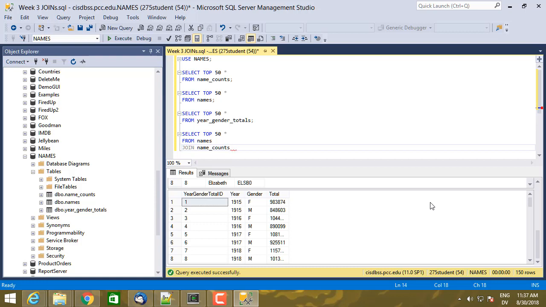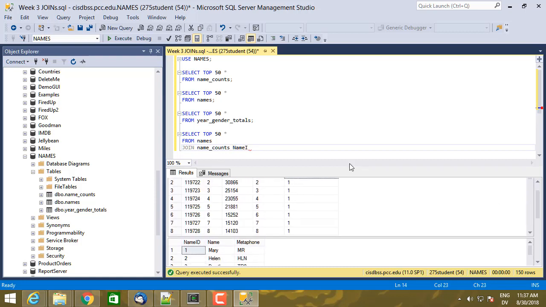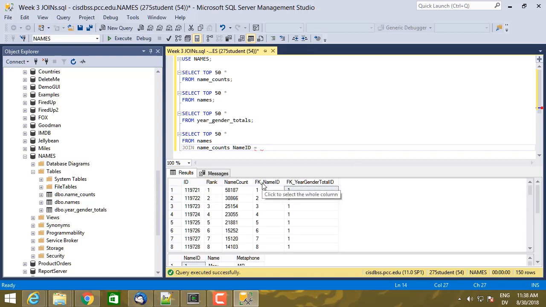and then I have to specify how the two tables get stitched together. So what has to match in one table with the other table? In this case, it's going to be the name ID. Name ID equals, and then this thing here, which is FK name ID. And actually join that on that. So I missed a keyword. So I'm selecting 50 rows from names joined with name counts where the name ID matches the FK name ID from name counts. If I execute this query,